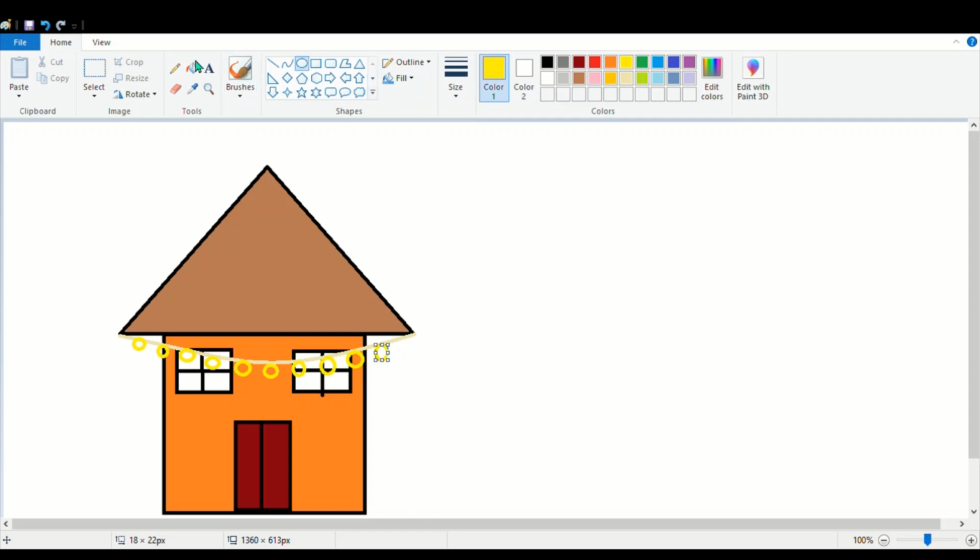We'll use the fill with color tool and I will fill it with color. I have decorated this house, right?